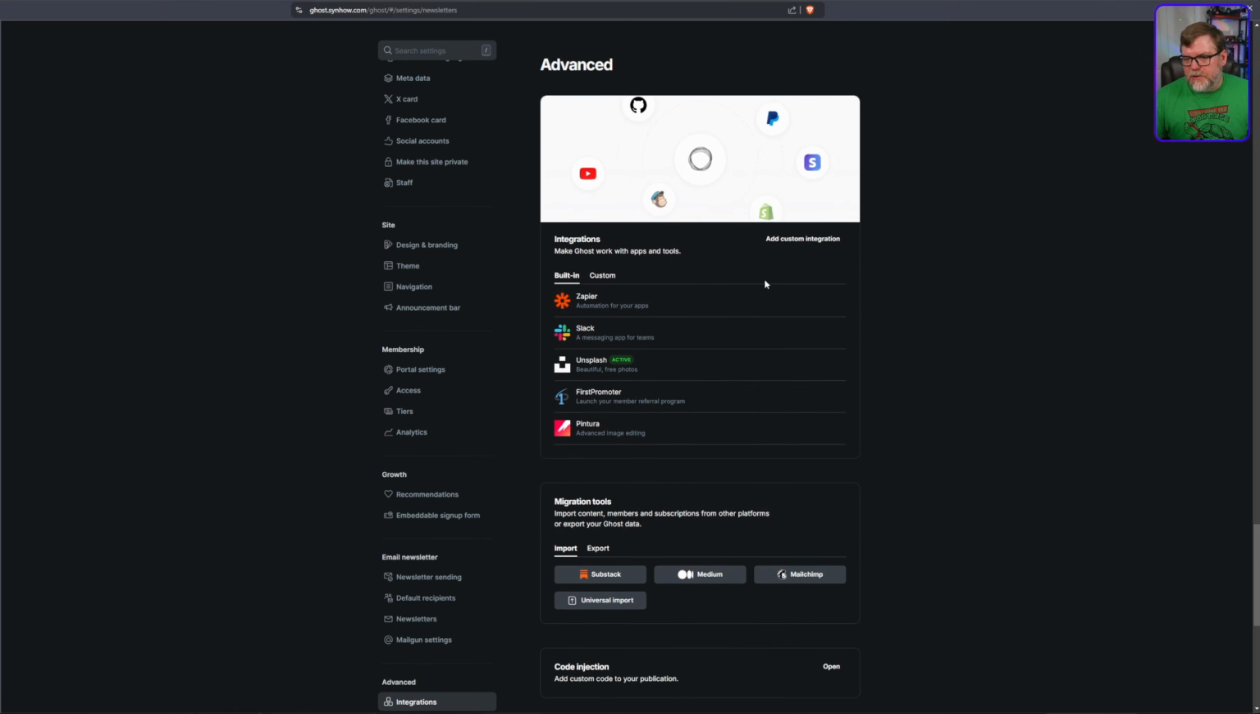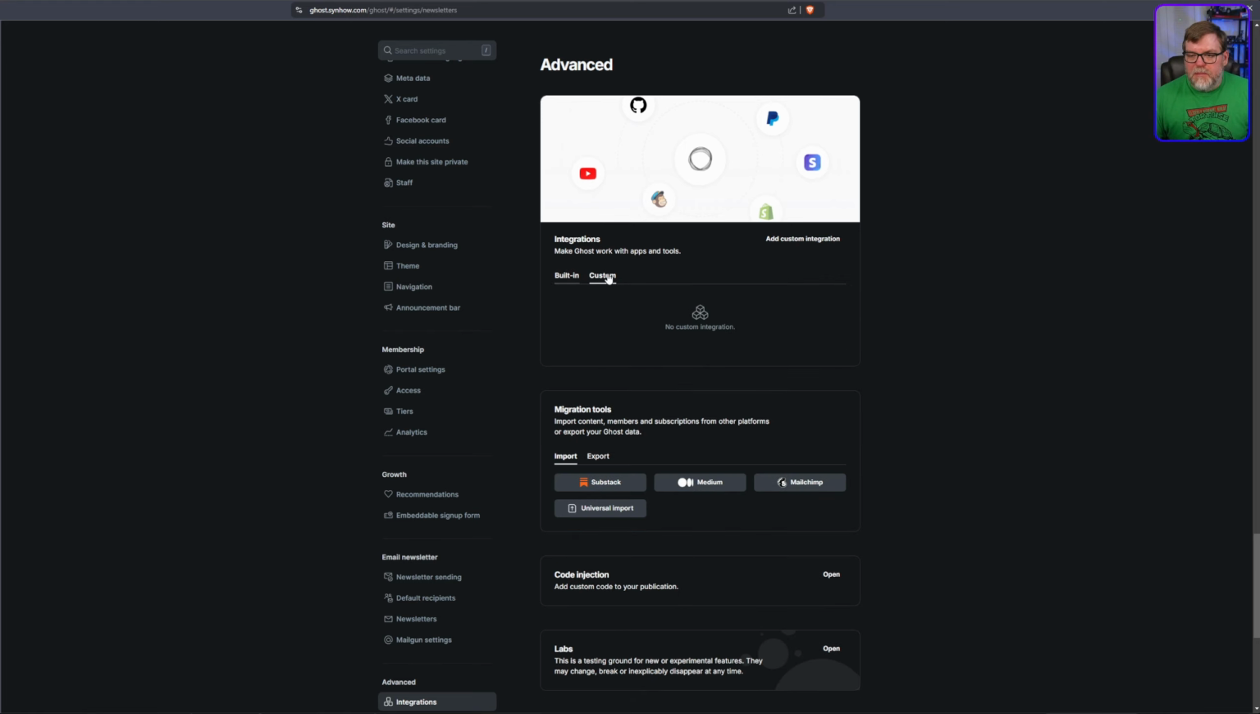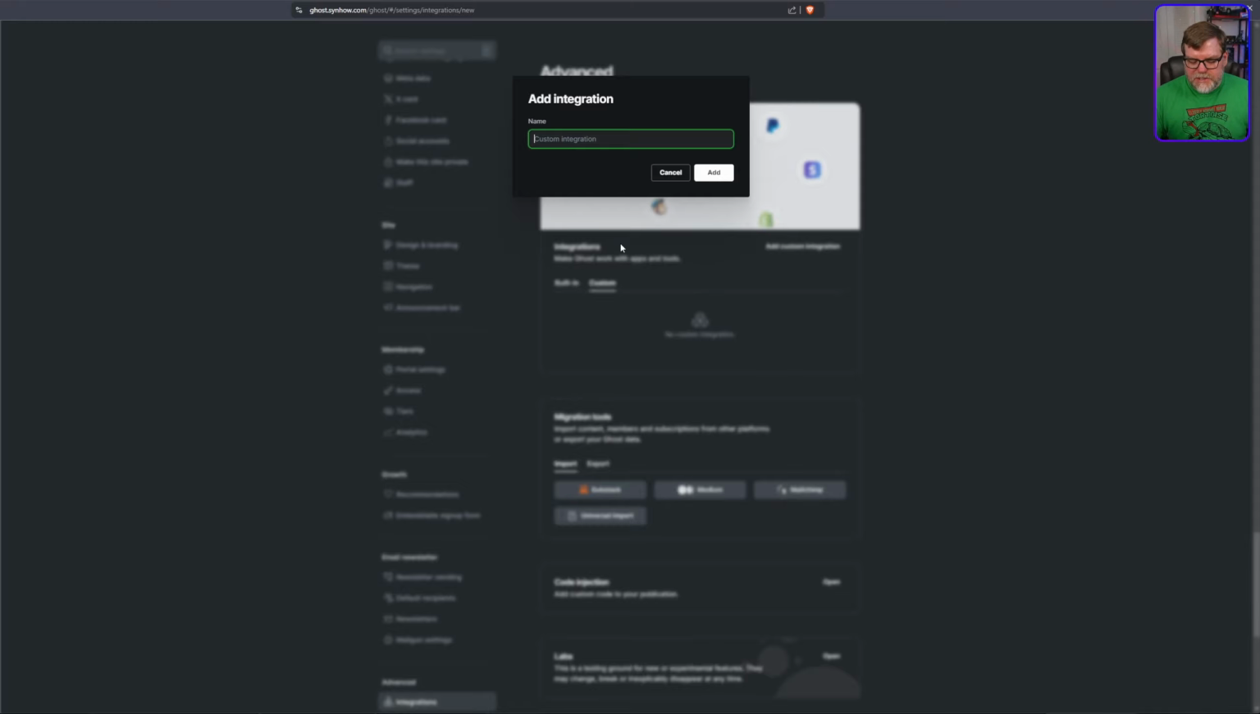All right, so as we scroll down a little bit further, we have our different integrations. We have a couple that are standard. They come built in with Ghost. But if you had your own integration, like I use N8N to do a lot of my automatic posting, you can come in and go to a custom one, or you can add your custom integrations here, and we type